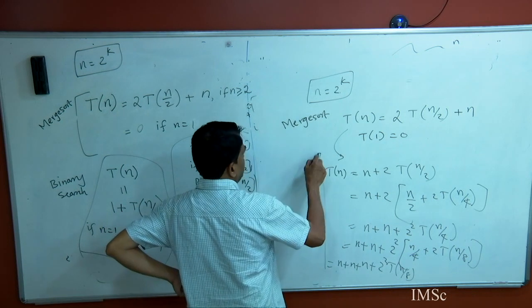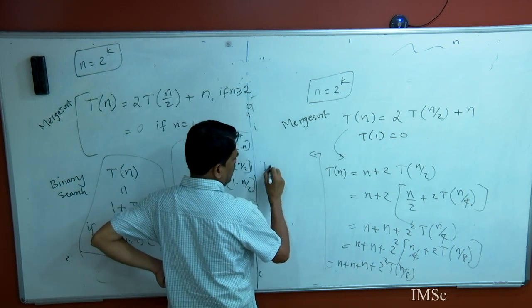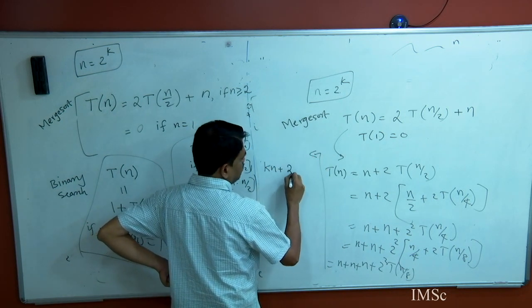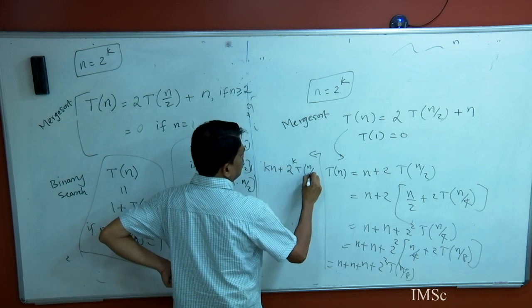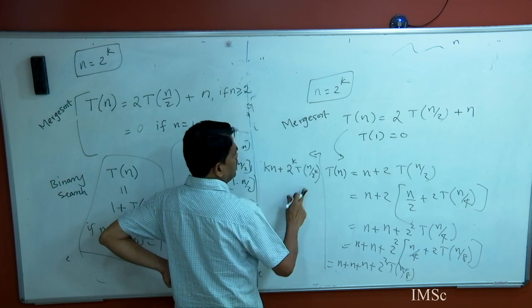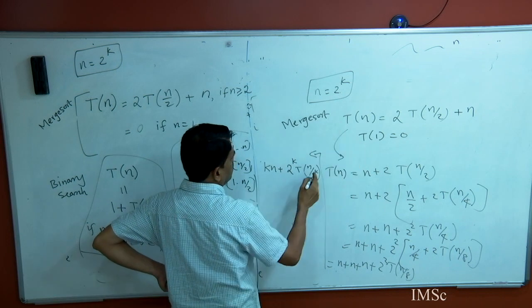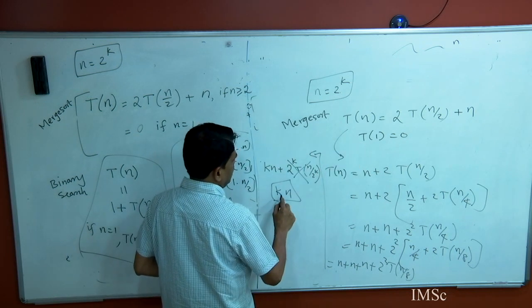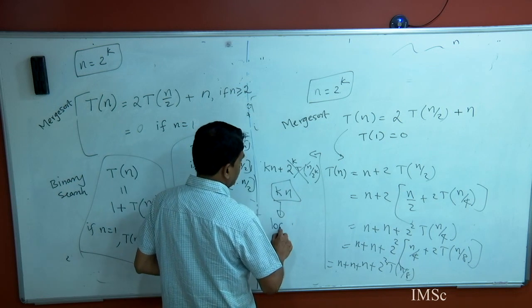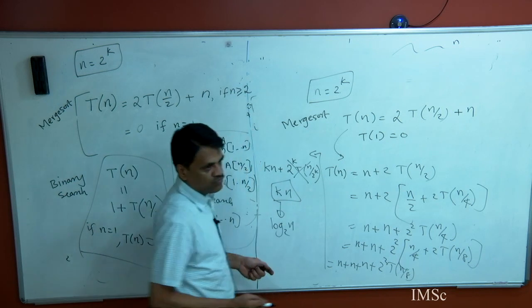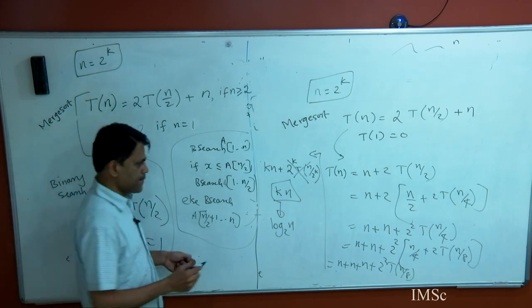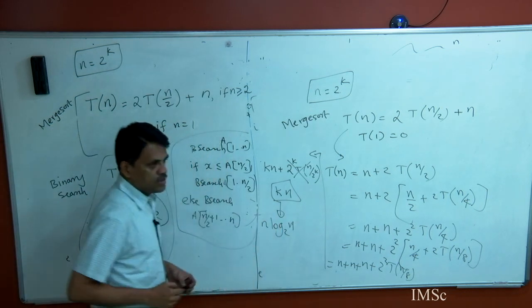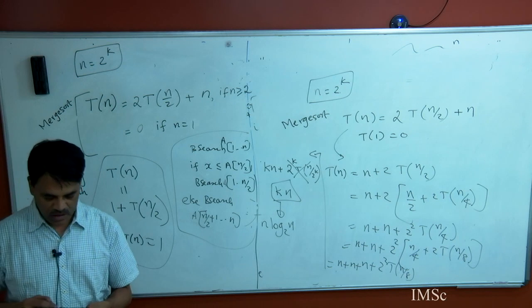So, I will have k n plus 2 power k into T of n by 2 power k. T of n by 2 power k is T of 1, which is 0. So, this whole thing will go away. So, it will be k n, and k, remember, is log n to the base 2. So, it will be n log n